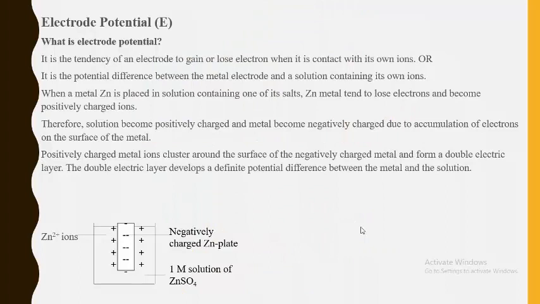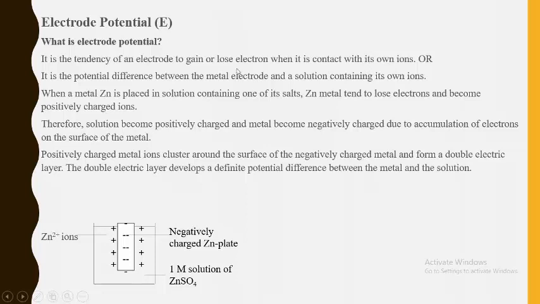So first of all, what is electrode potential? Electrode potential, which is also represented by the capital letter E, is defined as the tendency of an electrode. An electrode is a metal strip that is dipped in electrolytic solutions in an electrolytic vessel. So it is the tendency of an electrode to gain or lose electrons when it is in contact with its